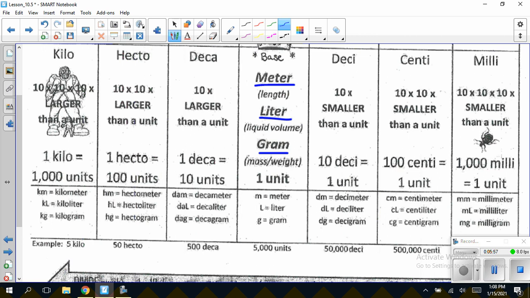So 1,000 millimeters makes up 1 meter. And again, looking at that, you would notice that 10 millimeters creates 1 centimeter, and so on and so forth. So if you are able to write this down on a piece of paper,